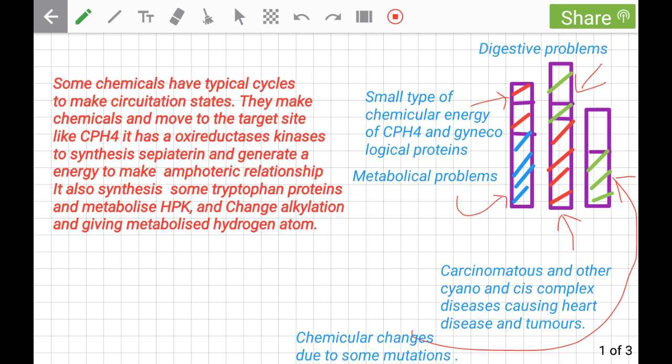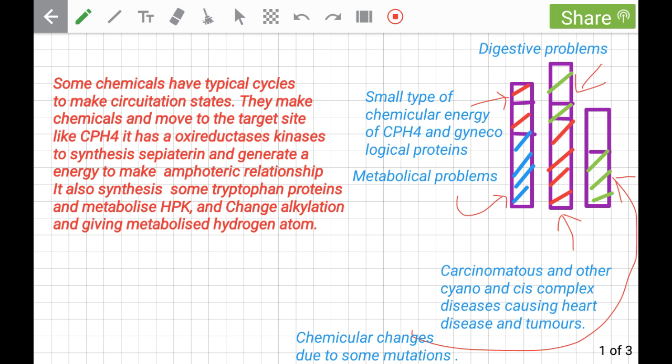So in this lesson we will discuss the chemical changes in our body to enhance the powerful things in our body, the problems which we are now suffering from, that can be cured by some chemical changes in them. Some chemicals have typical cycles to make circulation states. Yes, the chemicals have large circulation states that go to the target site and make the